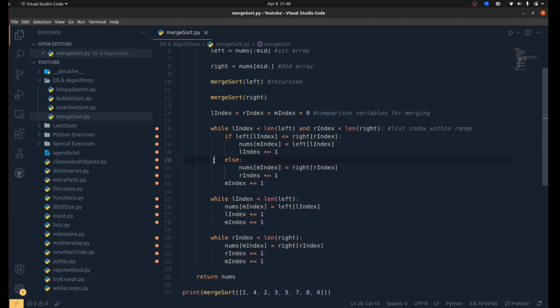Now, what if the right element is actually smaller than the left element? Then we're going to do the same thing, except this time it's going to be the exact opposite. And here we're going to set the merged index to equal the right index. So essentially what we're doing here is